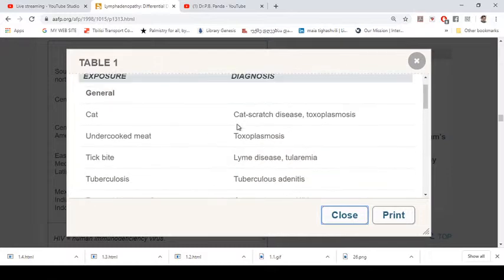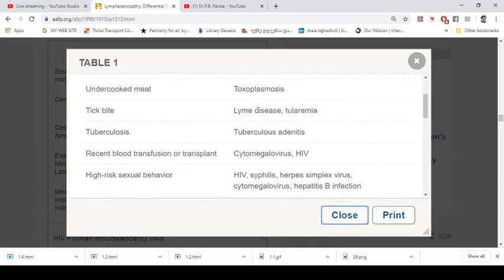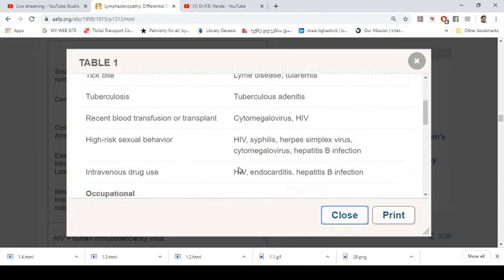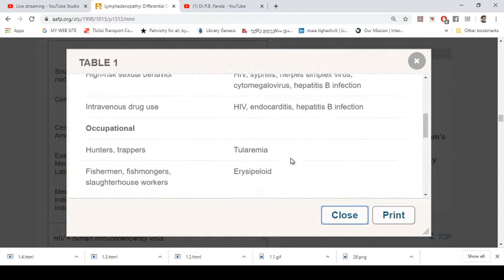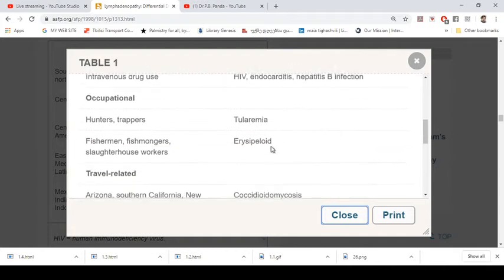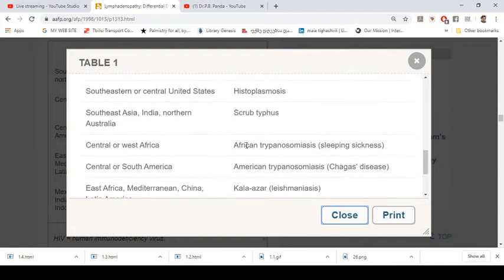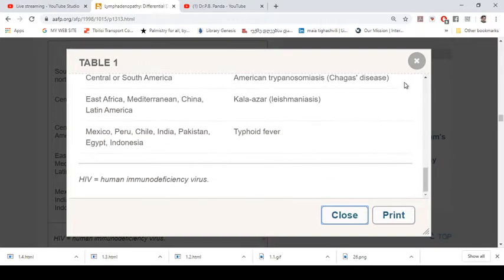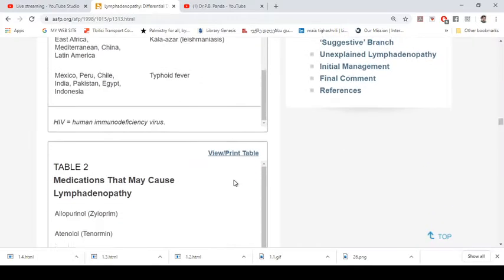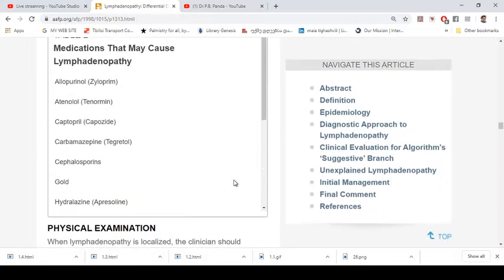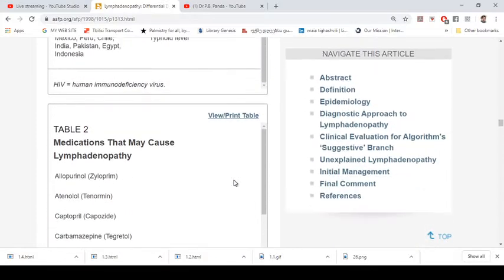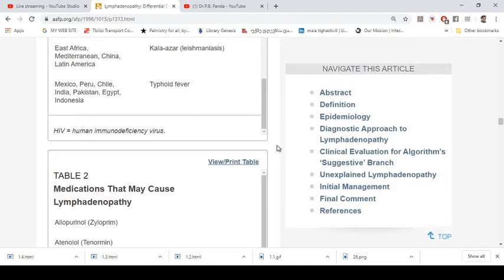lymphadenopathy. So these are the diseases like toxoplasmosis, Lyme disease, tuberculosis, HIV, syphilis, hepatitis B virus, endocarditis, histoplasmosis, and typhus, and these are the diseases. So we have to be concerned about them. So for that we have to do a chest X-ray and all,